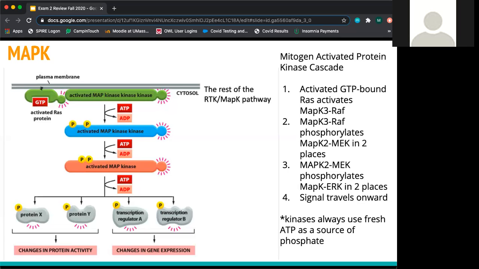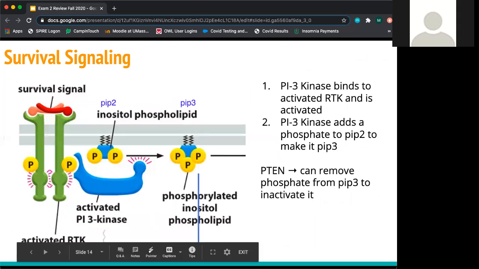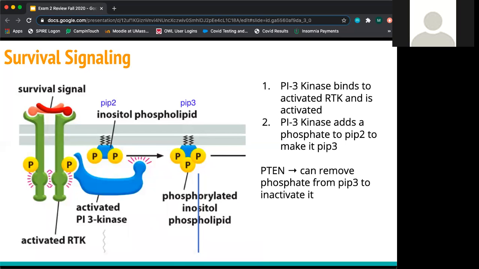And then, once all of those have been phosphorylated, the signal is going to transmit and travel onward, and that's where you get your changes in protein activity or gene expression. So then, if we think back to your activated RTK, you can also go into survival signaling. Like the other ones, you're going to have a survival signal that is probably going to be in the